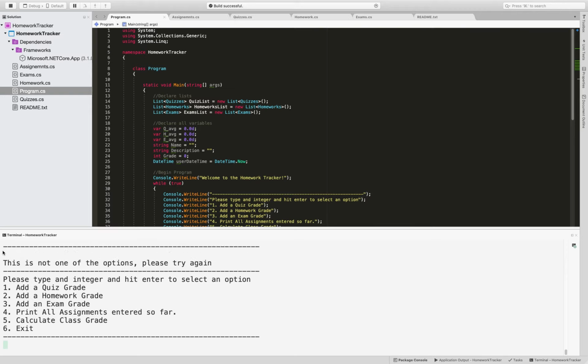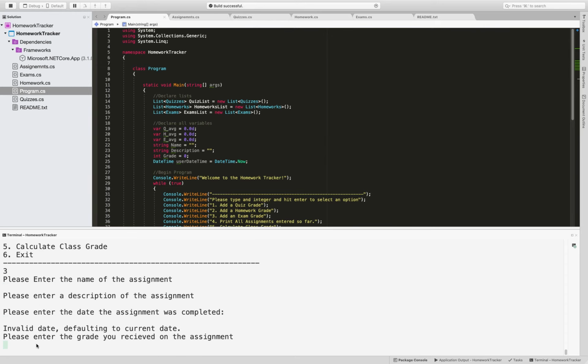So yeah, that worked. So I think I forgot where I am, so I can go through and I can say print all assignments entered so far, so that's 4. And I was on exams and I entered 68, and I need to enter 2 more in order to have 3 as well. So I'm just gonna go and hit 3. Grade I received on the assignment is 56. 3 again,